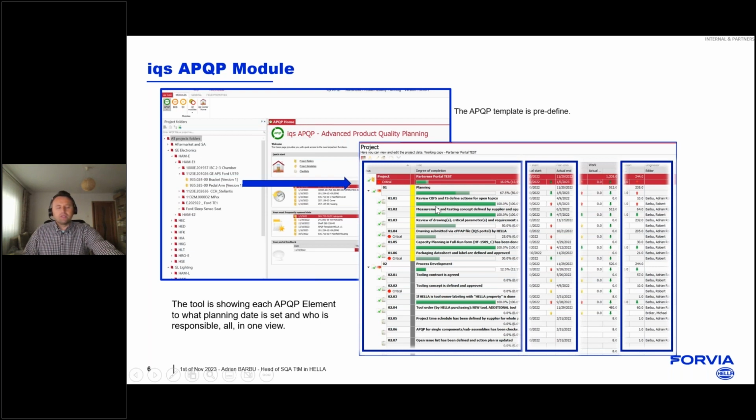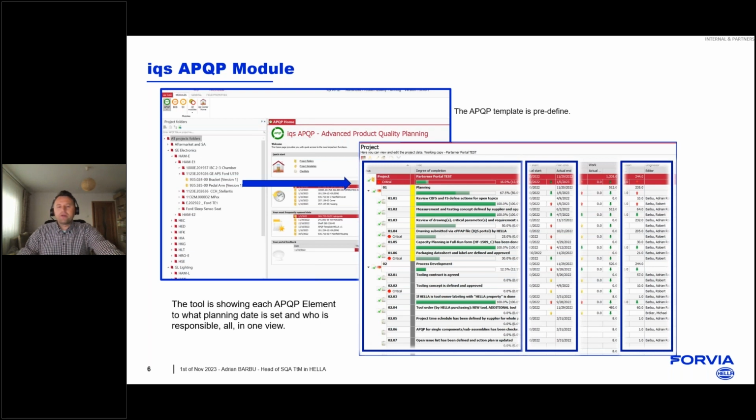So it's good to see that with the tool we are able to make the suppliers fully aware of what our request is, what the expectation is, by which time we need this, and who is responsible to do it. It's one tool that helps us to have good traceability and good tracking of what activities are happening within the organization.